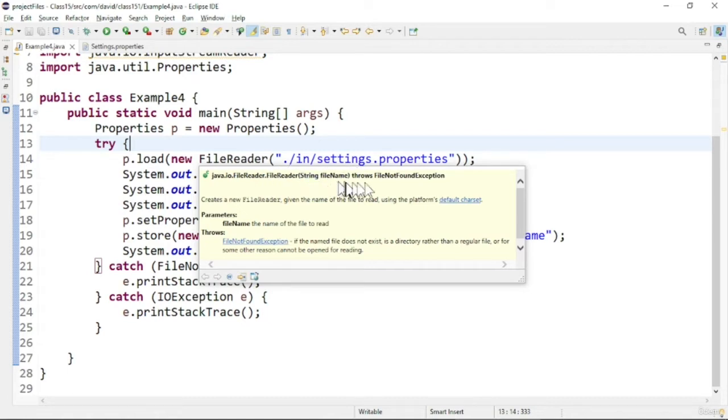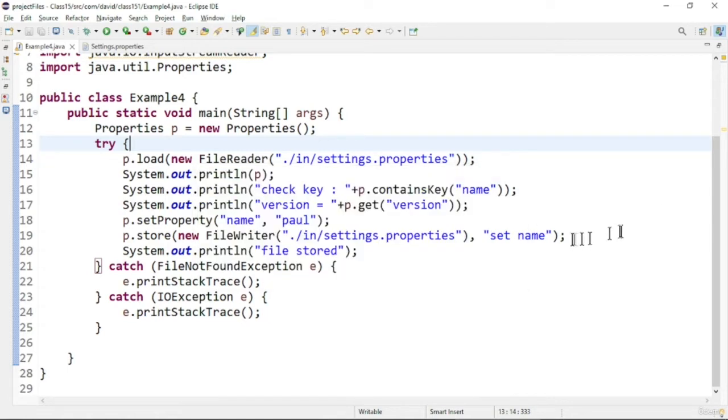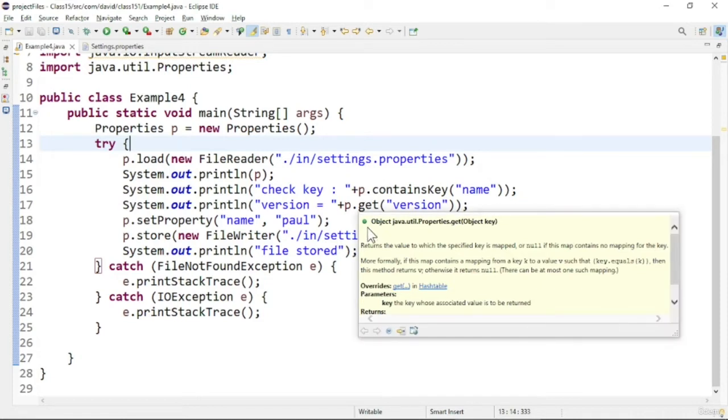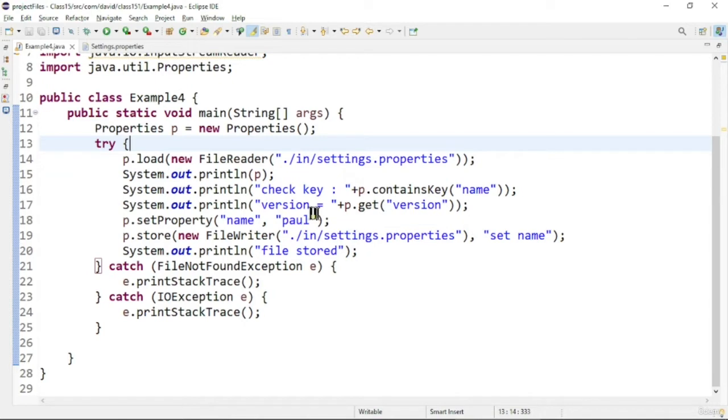Getting and setting values, all I will do. You can see I am getting a particular value, and I'm setting a particular value. I'm getting the property here, and I'm setting the property. Finally I will use the store method. The store method is used to restore the particular values back into the file.